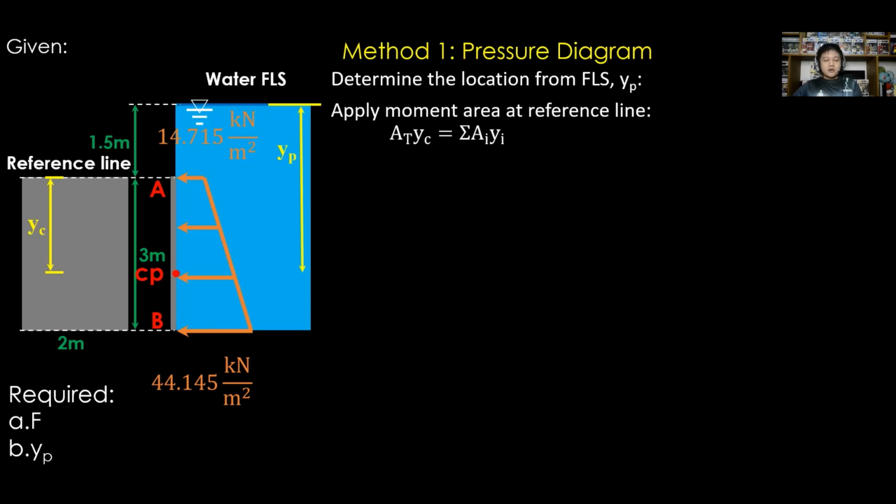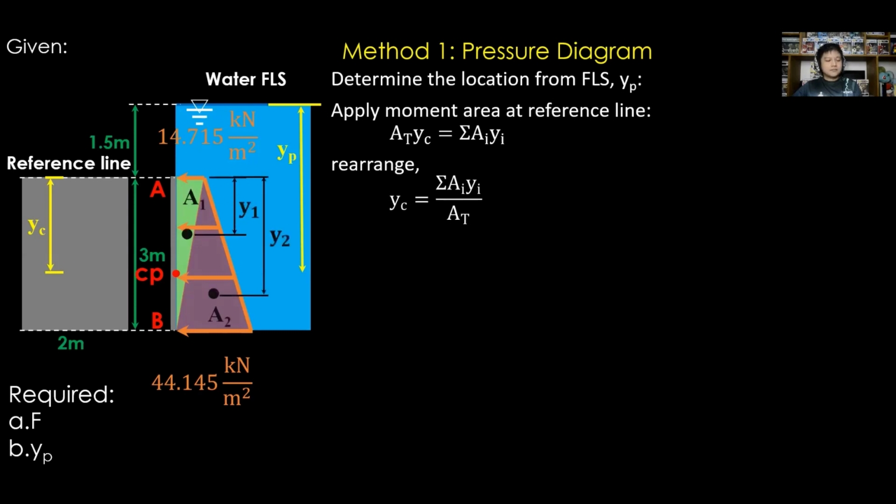So rearrange the equation before we apply this. Let us divide the pressure diagram into triangular shapes. So we have triangles 1 and 2. Next is to assign the centroid location of the area and the corresponding moment arm y. Update the equation with the two shapes. Therefore, we have y sub c is equal to a sub 1 times y sub 1 plus a sub 2